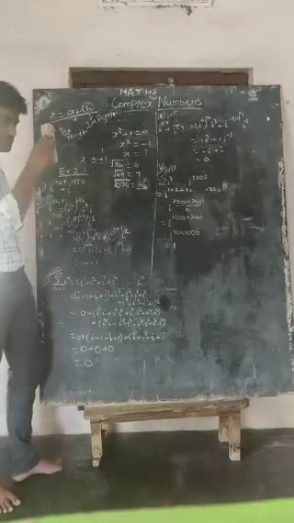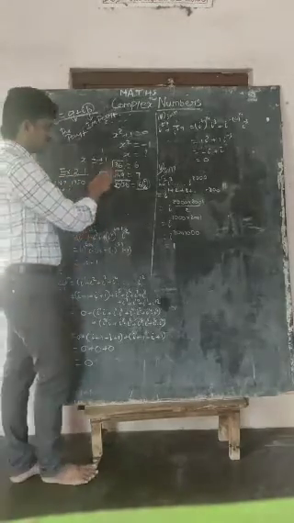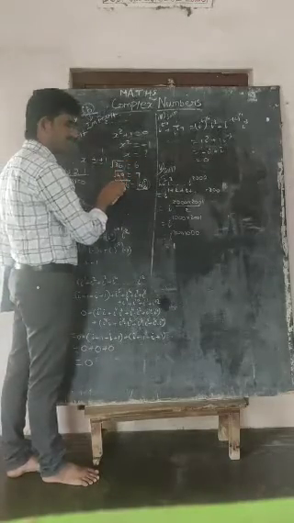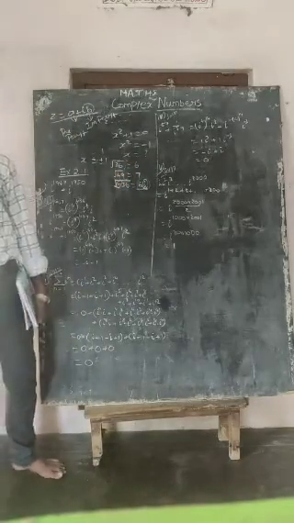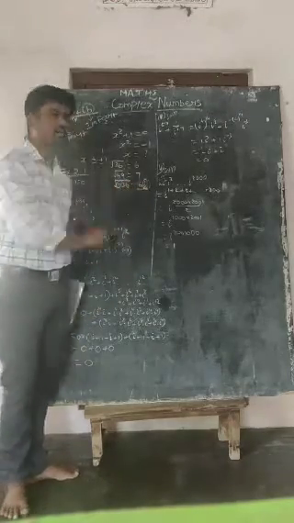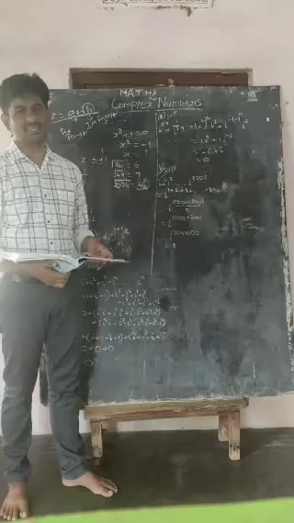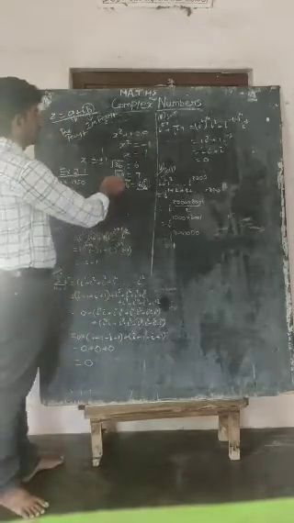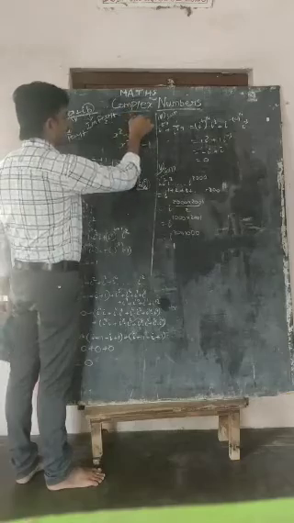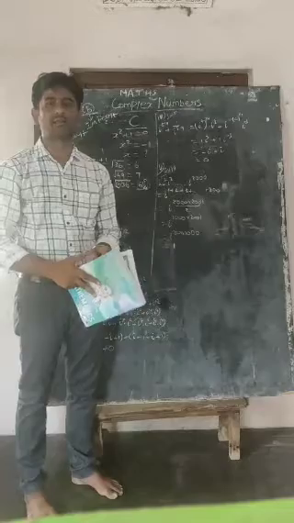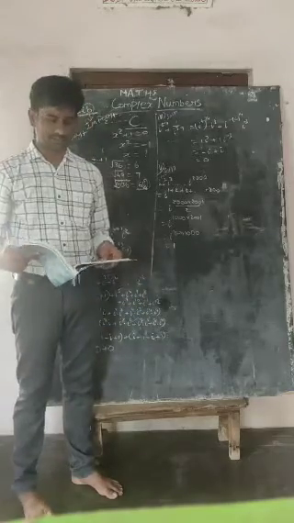Very simple. You should know that the square root of 36 is 6. At the same time, for the square root of minus 36, when a negative value comes inside a square root, that number should be a complex number, that is, an imaginary number. That is where a system is created, called the complex number system. The complex number system is represented by the symbol C.